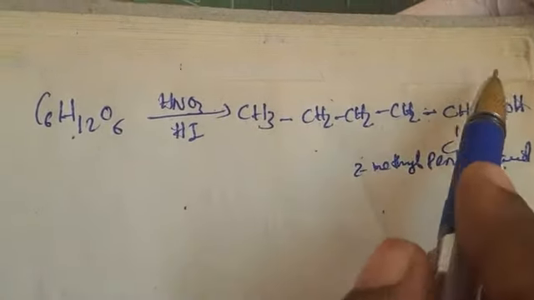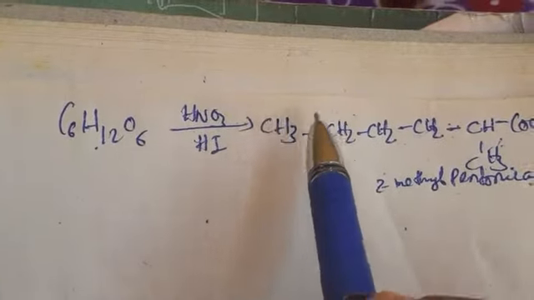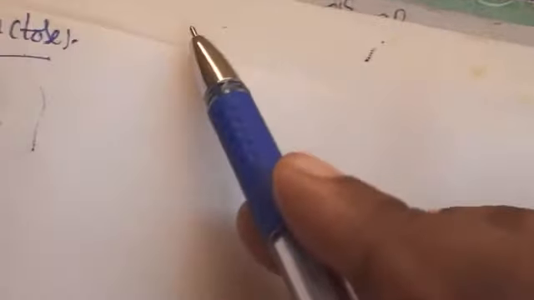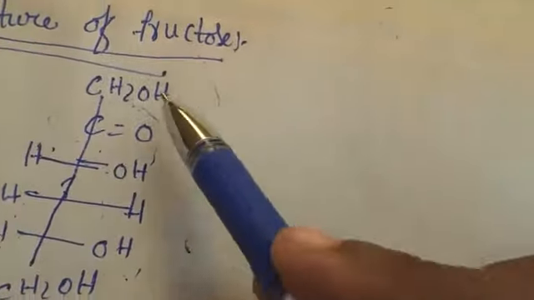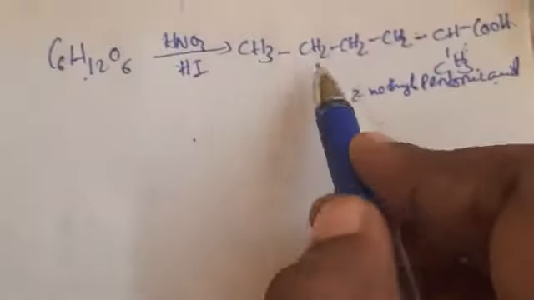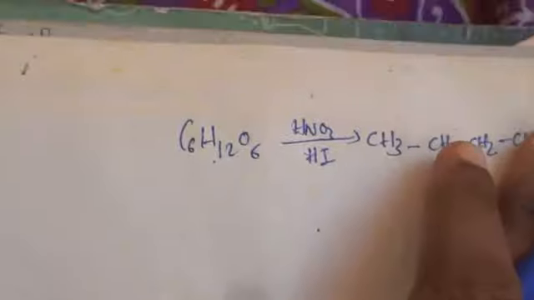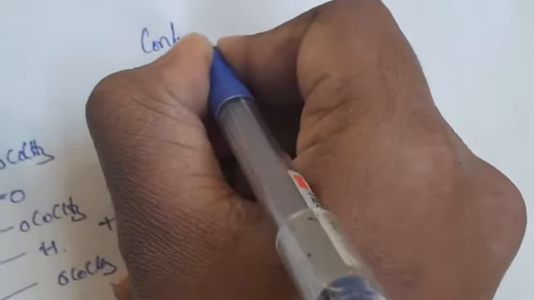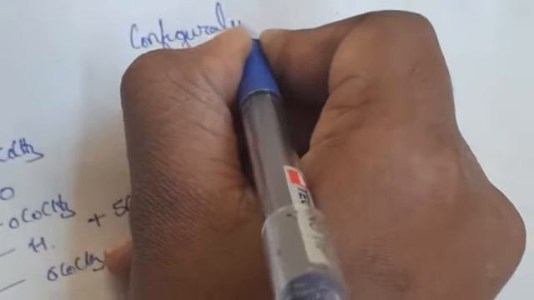So by this, what indicates means the carbons present in the fructose formula, all are in a straight chain and it is also an open chain structure. So we got everything. Then what is the final structure? To know the final structure, we have to take the configuration.